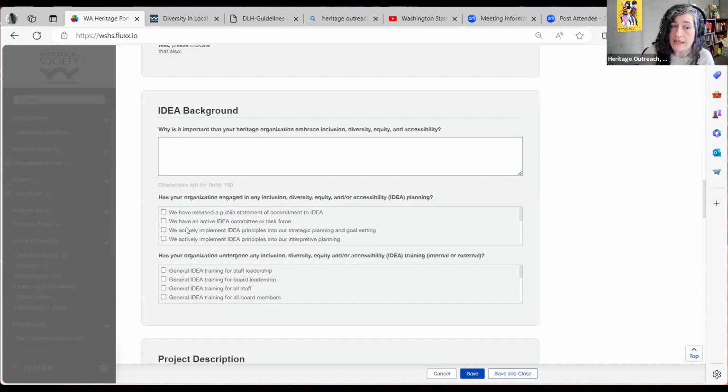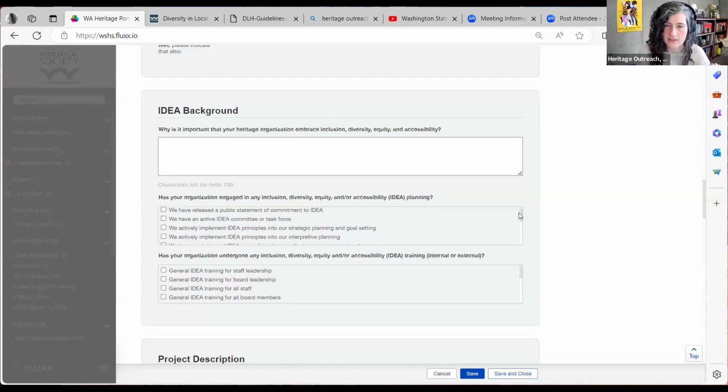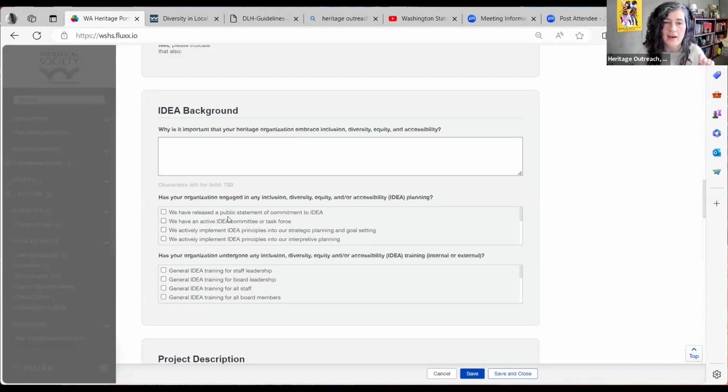We're interested in knowing if your organization has engaged in any inclusion, diversity, equity, or accessibility planning. And so we have in this field options. It's kind of a check the box, so you can check multiple of these options. There's different ways to answer this, like maybe you have a committee addressing this. Well, you can check that box. Maybe you've released a public statement or a commitment.